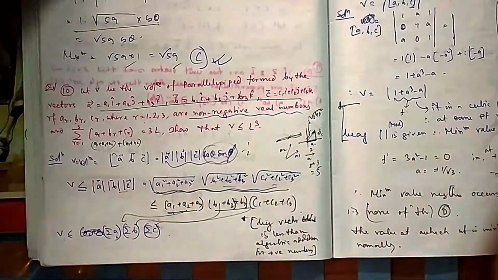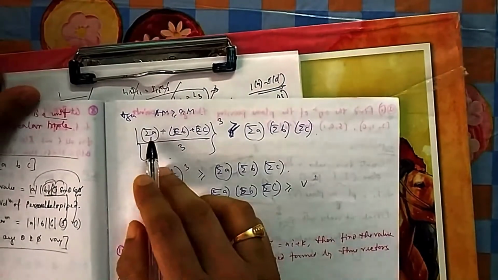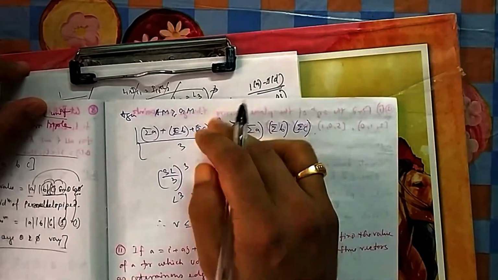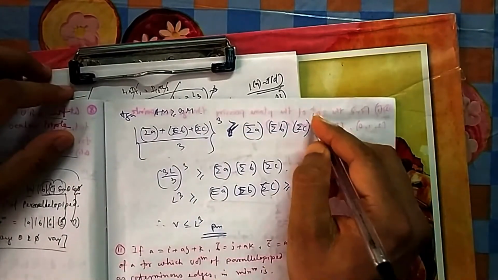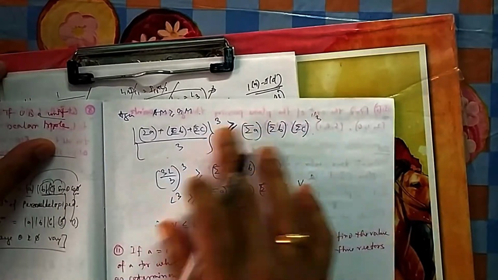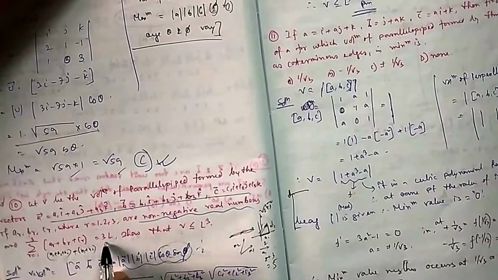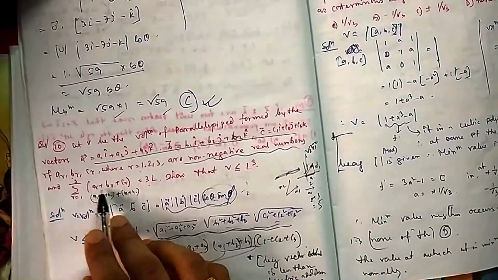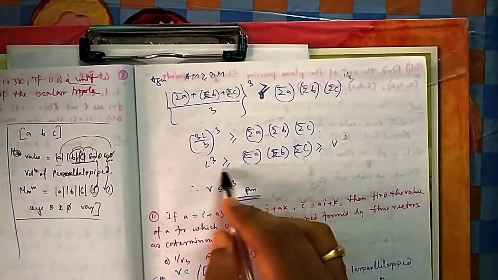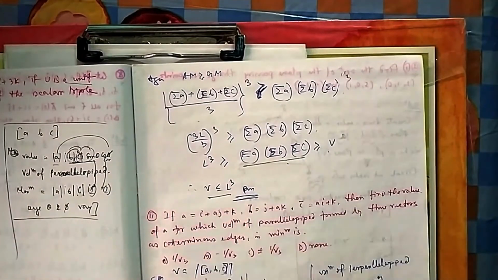So what is the relation? AM is always greater than or equal to GM. AM is A plus B plus C by 3, and cube we will do later, and this is greater than or equal to this to the power 1 by 3. GM is the product of the 3, then take the third root. You take cube on both sides. So this one you have already seen. What is this one? They have given 3L, because summation A, summation B, summation C is 3L. So you put it there, 3L, and so your L cube is greater than this, and this one you have already seen, this is greater than V. So that means your volume is less than L cube.